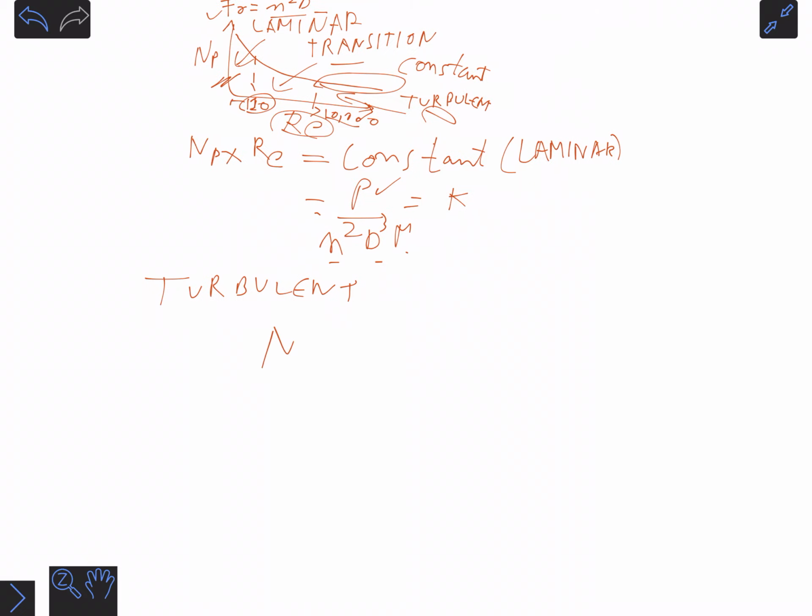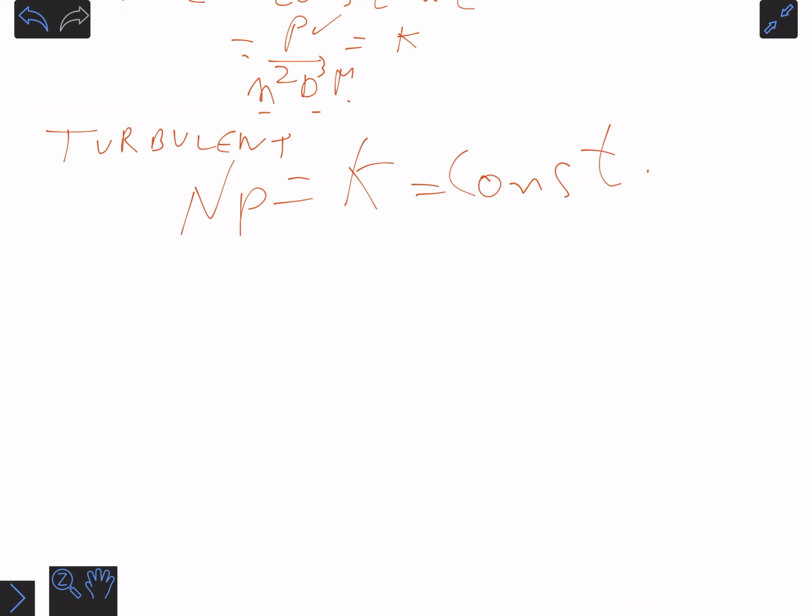So basically your power number will be constant, K is equal to a constant. So this also gives you another insight, and you should keep this in your mind from the exam point of view. Okay,